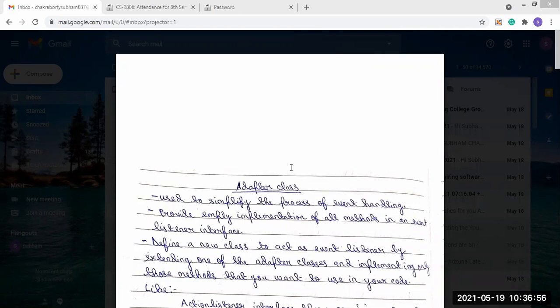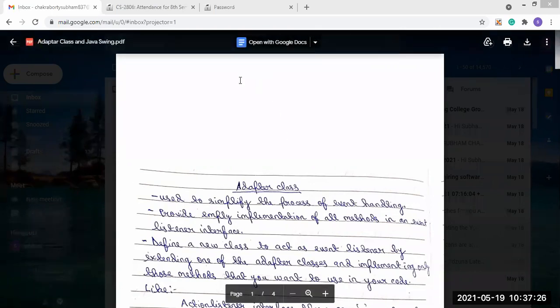Now suppose we need one method, mouse moved, and the other method, mouse dragged, we don't need. In this case, because it is an interface, both methods should be overridden in the child class. If only one method is required, we define that one method, and for the other method we use a blank definition.